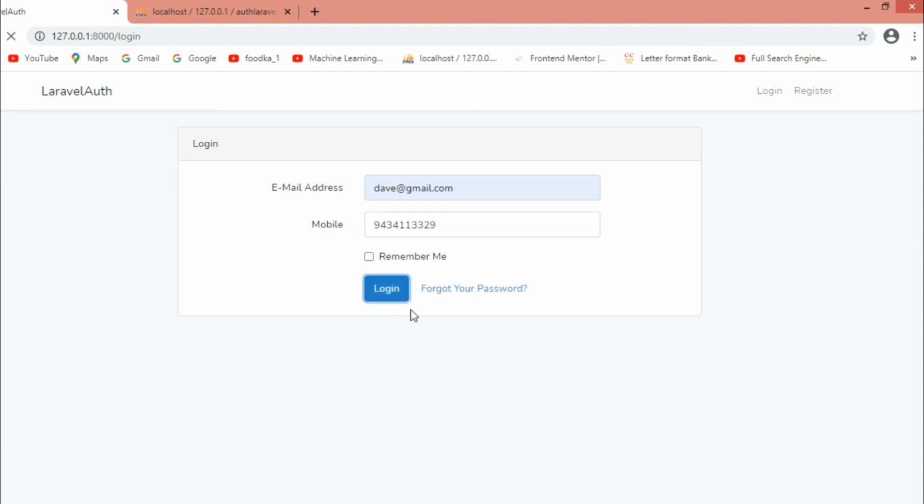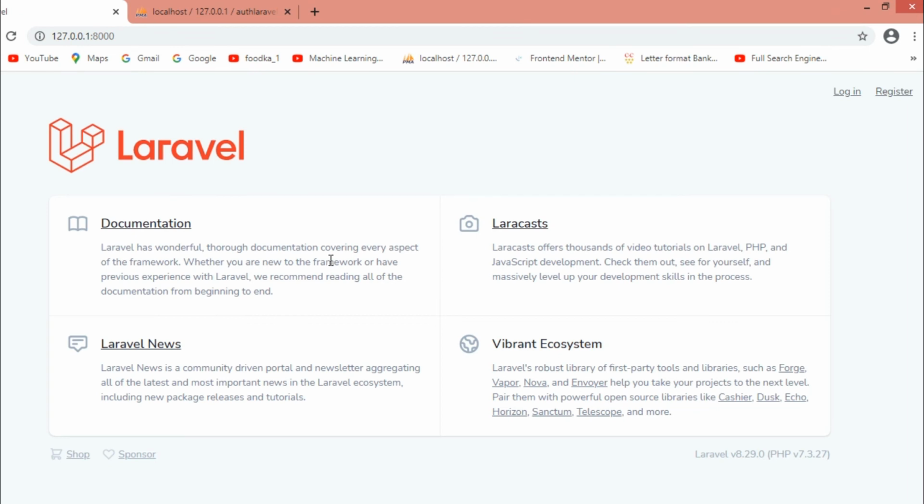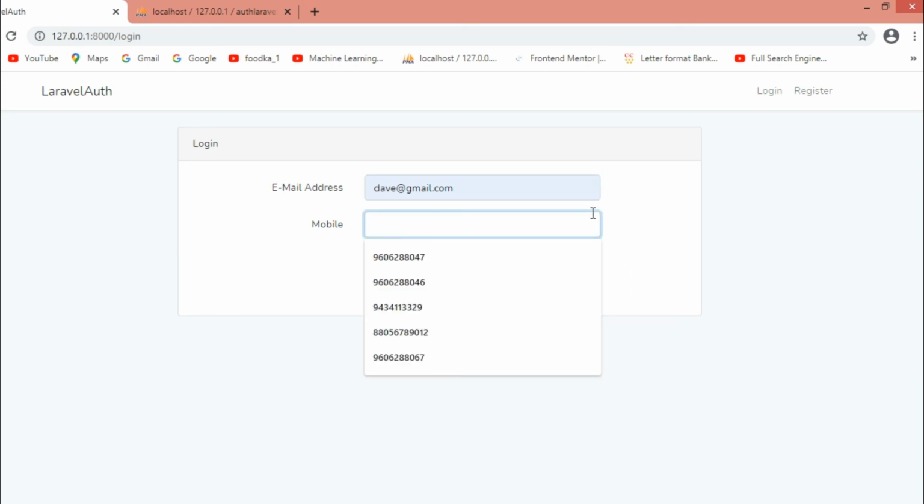So let's see whether it's working or not. You can just see guys, as soon as I hit the email ID along with the mobile number, it's working the same. So guys, we have just bypassed the original authentication system and we have invoked the customized form of Laravel.